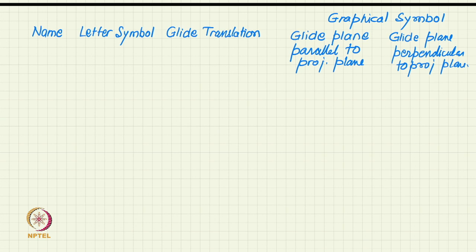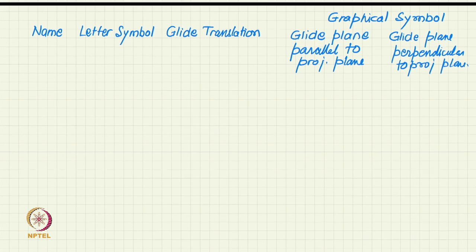So, we will look at all these. So, let us begin with first type, which is called axial glide. So, the name is axial glide,